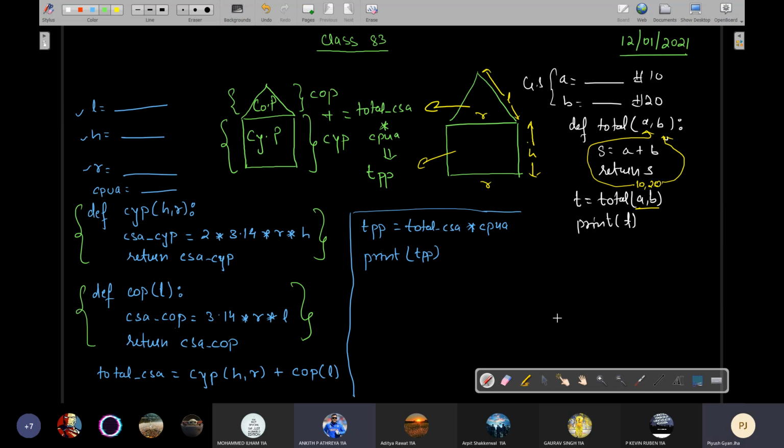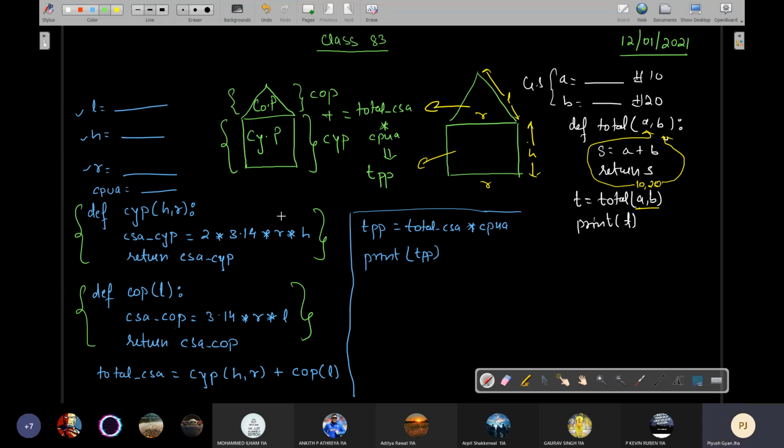What was the rule? If there is no such variable existing in the local scope with that identifier, then it will attempt to search for that variable in the global scope. ठीक है? तो इसे global scope में मिल जाएगा फिर वो. Remember, because before the function call we have defined it, or we have accepted from the user the value. So therefore it will find it from this. Okay. Another way could have been you can pass R also like here, and you can accept R also here. Then in that case, it will pick up this local variable R. Okay.